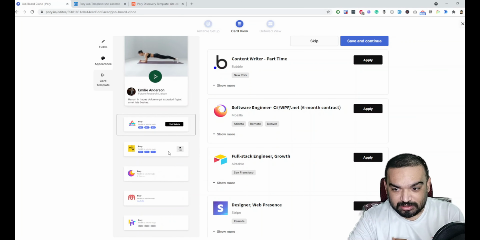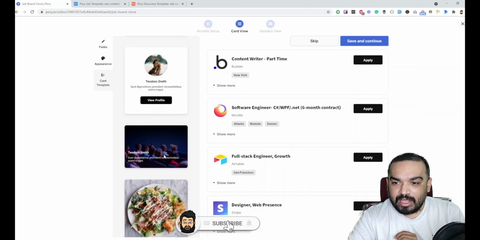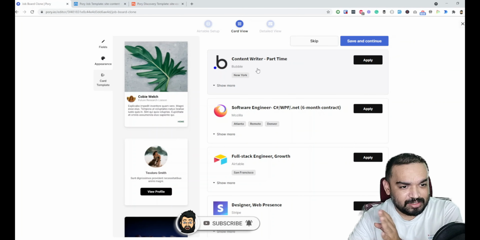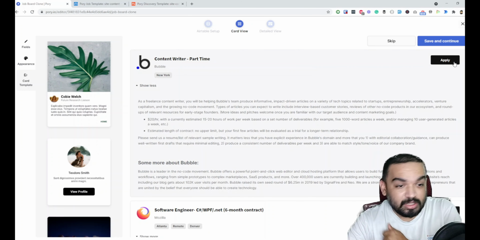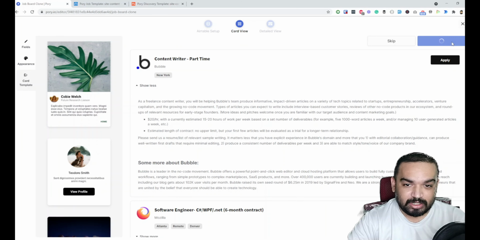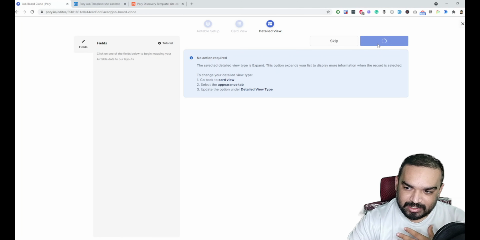The current one is the product hunt layout that I used in the previous example, and you can obviously customize any of these, but we'll leave it like this because this is much simpler, where there is the title, there is the company name, and clicking on show more will show the details of the job post, right? Clicking on apply will take them to the call to action link that is there in the database, and then I'm going to click save and continue without touching any of this. Feel free to customize this, play around, and make it your own, right? And then once I click submit,